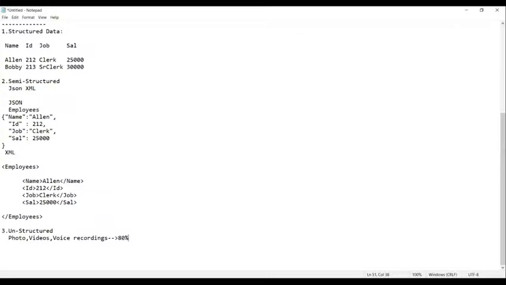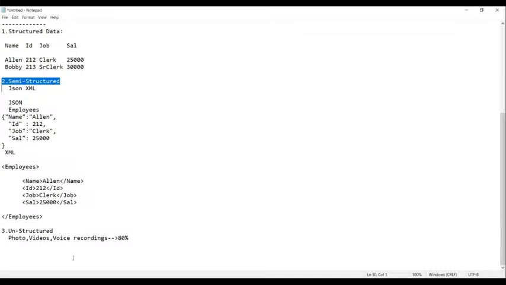Only in the 20% you will get structured and semi-structured data. Only 20% we get that, whereas 80% will be unstructured. It does not follow any kind of structure. Getting my point, everyone?